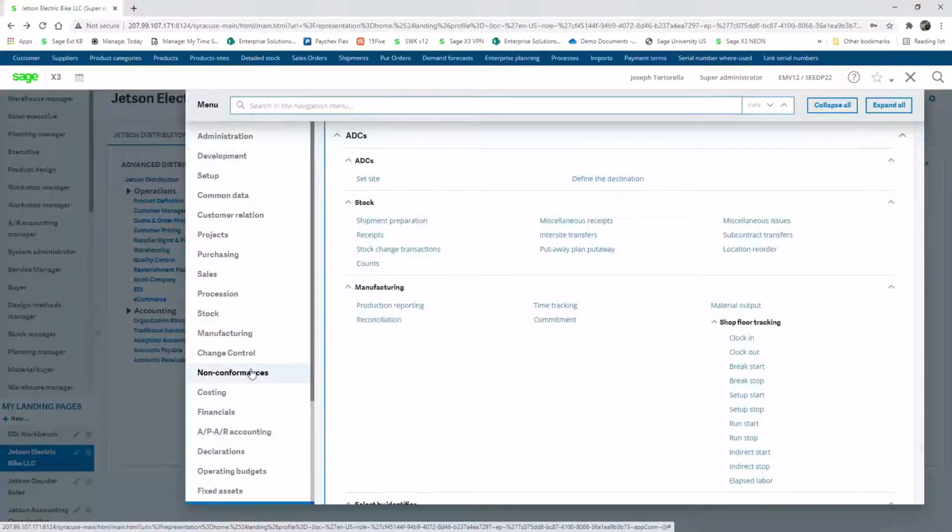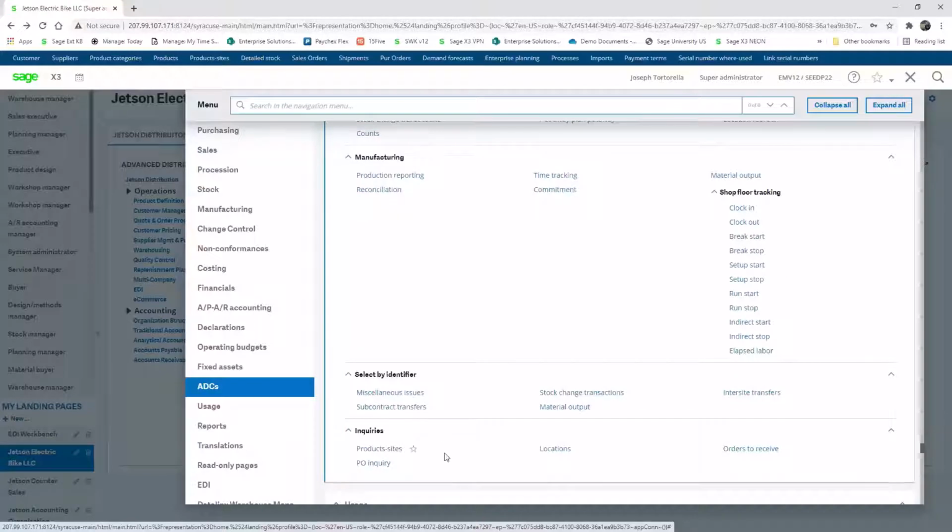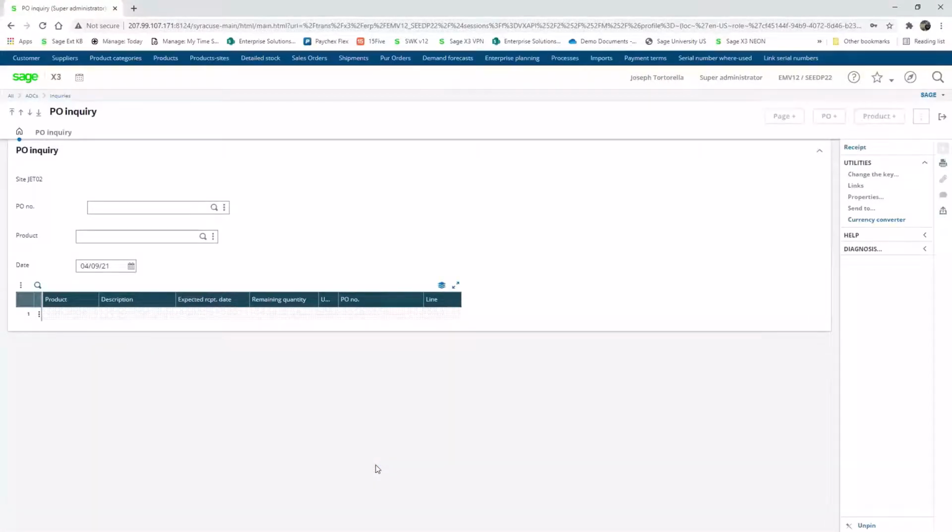Navigating to the Adc menu, under Inquiries, I have the Po Inquiry, Adc Po Inquiry. This first is a filter by the current date that's set in the system, a purchase order number, or a product. So the warehouse can scan either the purchase order number or a product or UPC number to view open purchase order lines. In this example, I'm going to be entering PO number